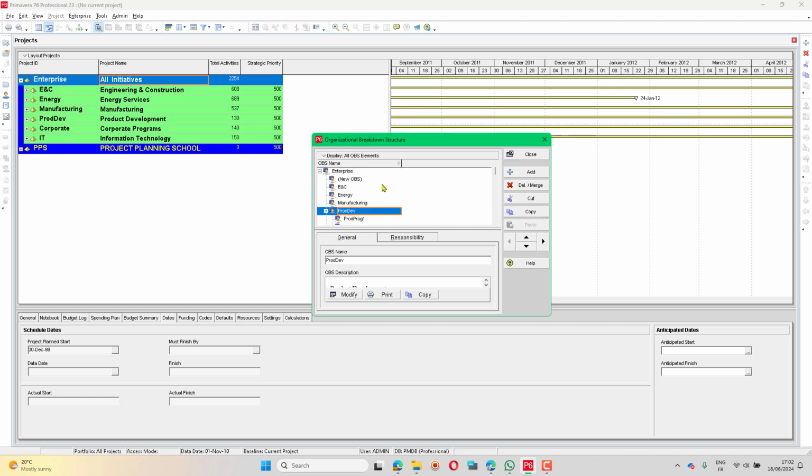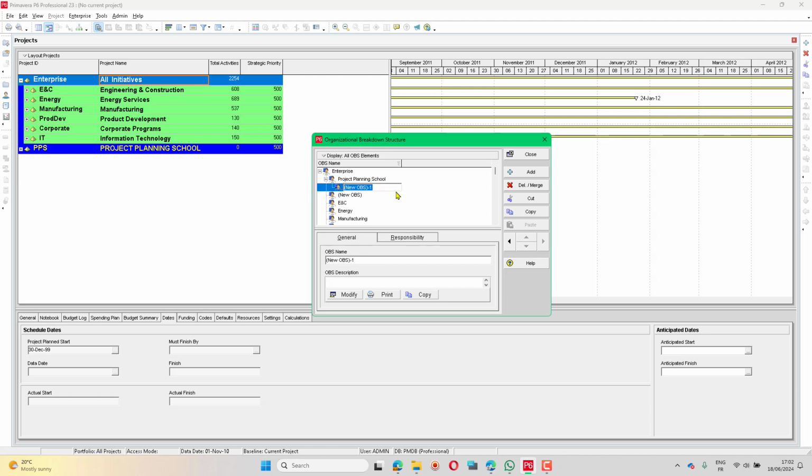And then you can add a new level, and let's say we'll say project planning school. Okay, now this one can be on the top, and further on I can use the arrows and do the structure. So inside of enterprise I have project planning school,